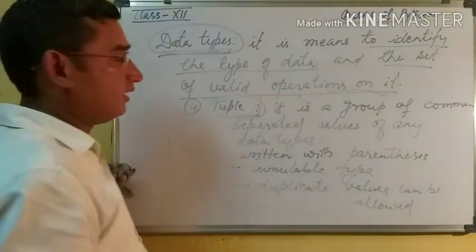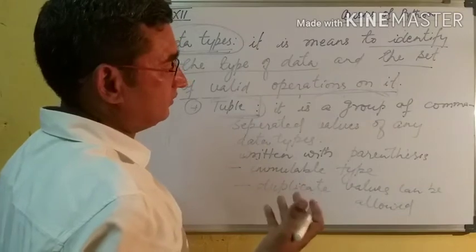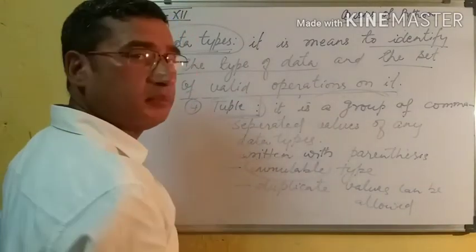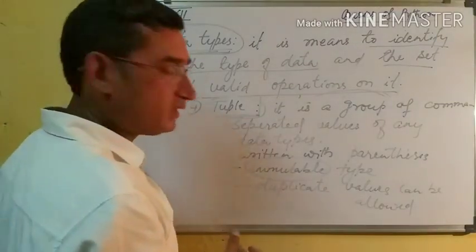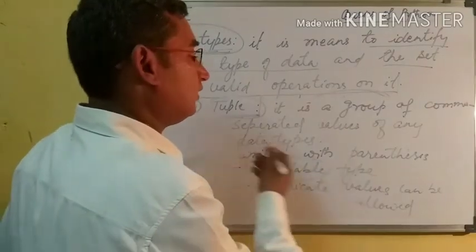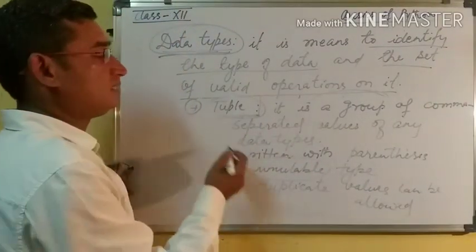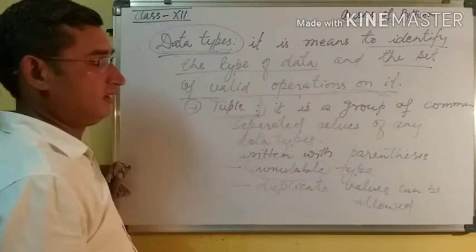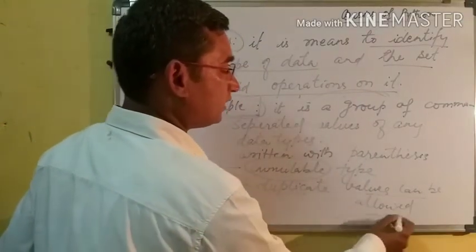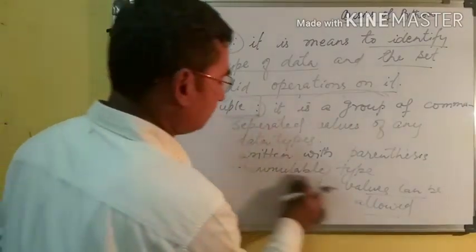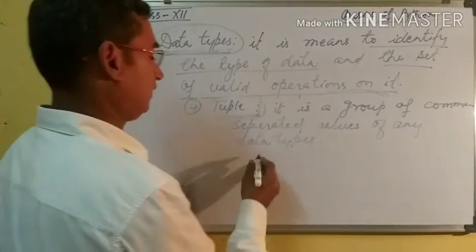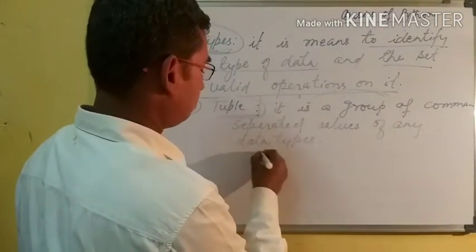Lists and tuples have similarity, but a tuple is of immutable type, which means in place you cannot change the value of any tuple. A list was written with square brackets, but a tuple is written with parentheses, and in both cases, list or tuple, duplicate values can be allowed. Here I am writing one example for a tuple. Suppose